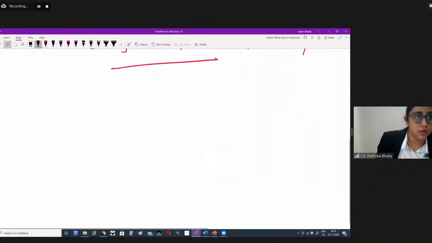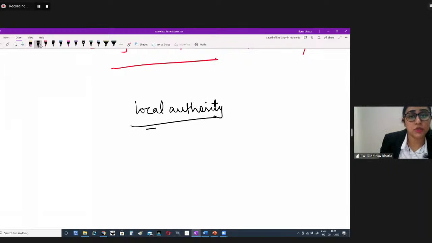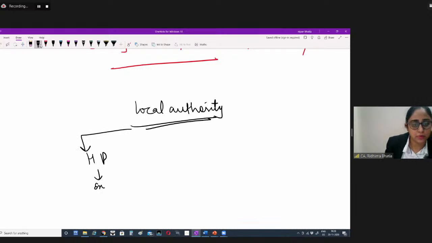So this is a local authority. A local authority will have income from what types of heads? Obviously, not salary. Consider yourself a local authority; you will not have an income from salary. You will have income from house property, that is exempt. Your income from other sources is also exempt. Your income from capital gain is also exempt. Your house property income is exempt, your other sources income is exempt, your capital gain income is exempt. Now, which head is left? We are left with